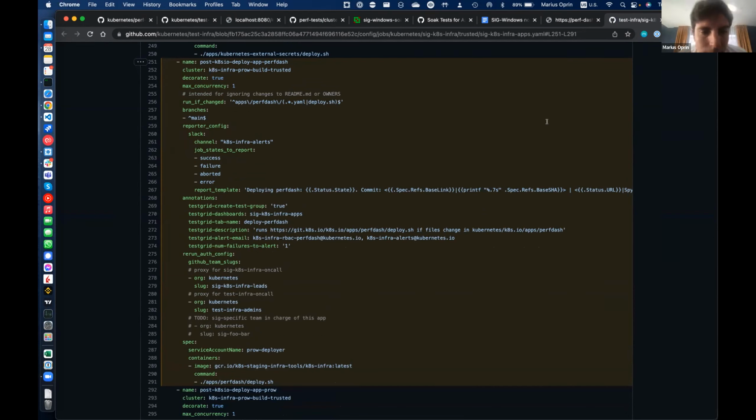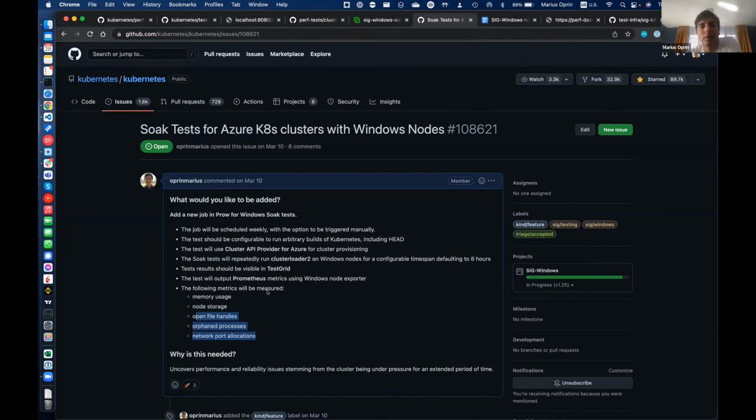And also, there were some issues with getting the orphan processes and network port allocations because Windows Exporter does not have those metrics. So we would need to submit some PRs on the Windows Exporter project to add this. Because currently